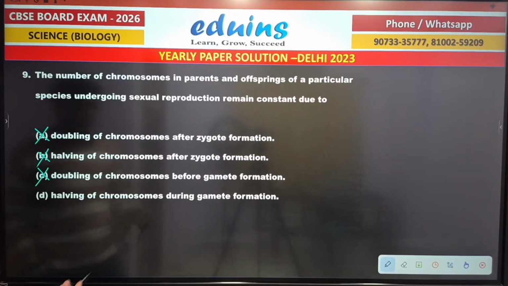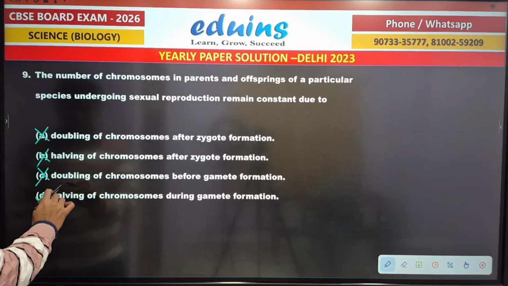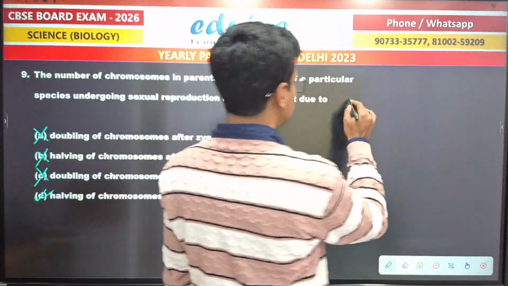Halving of chromosome during gamete formation, of course this is right, because in case of reproductive cells we know